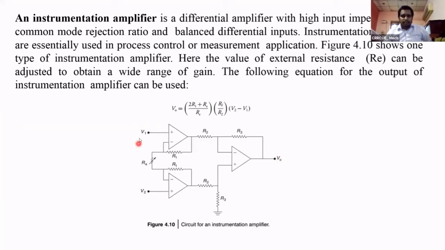Even though V1 and V2 are equal, we still get some voltage. If V1 and V2 are equal, V out should be 0. But in actual conditions, we will get some output voltage. That is the common mode voltage. This is the problem with the amplifier. We need to minimize this common mode voltage, because it will influence the measurement, means it will influence the input voltage. So we have to minimize the common mode voltage which is obtained at V out even when V1 is equal to V2.